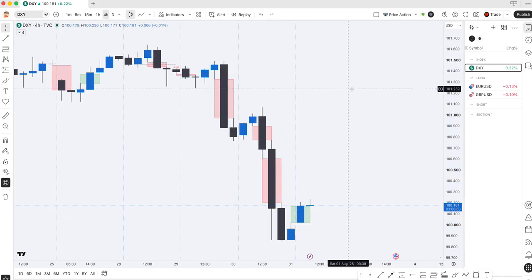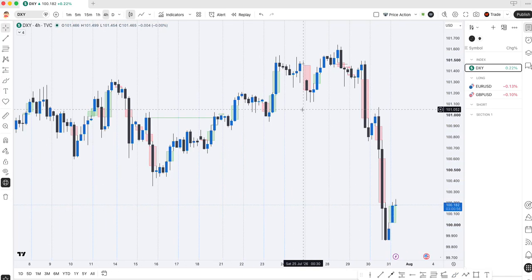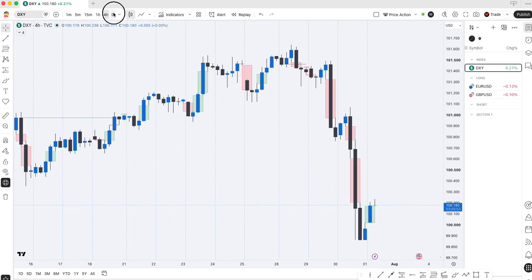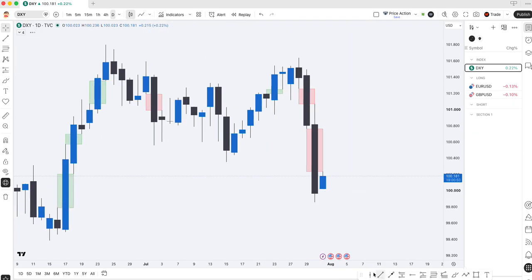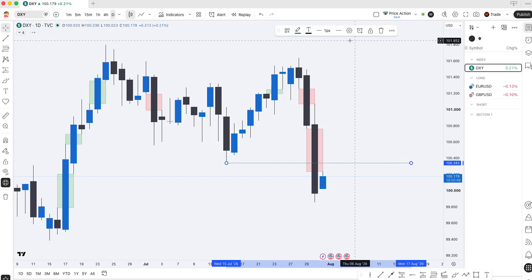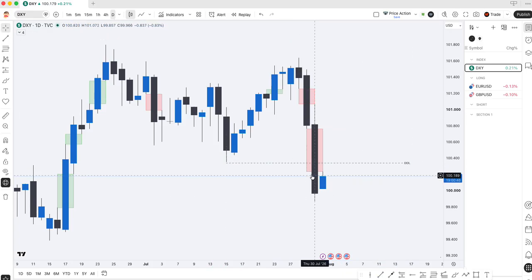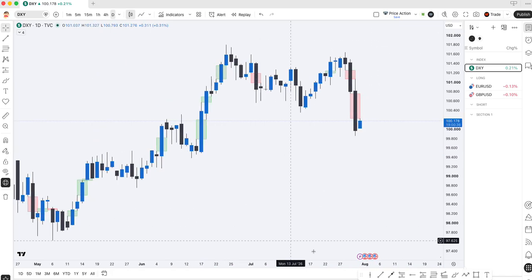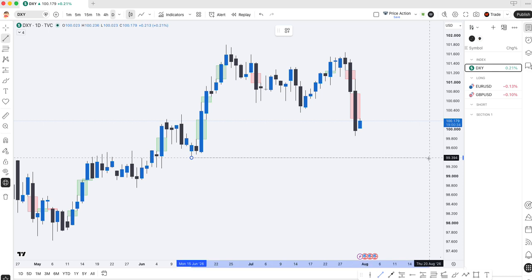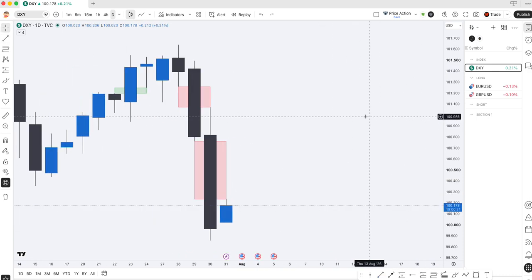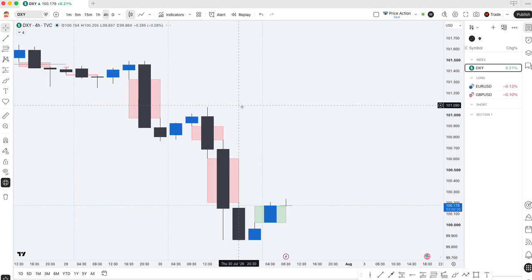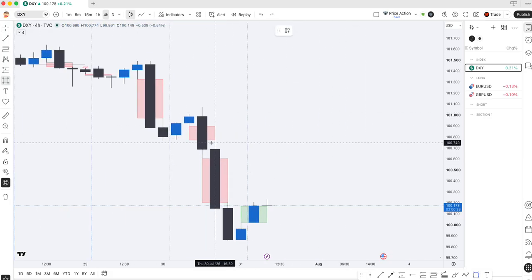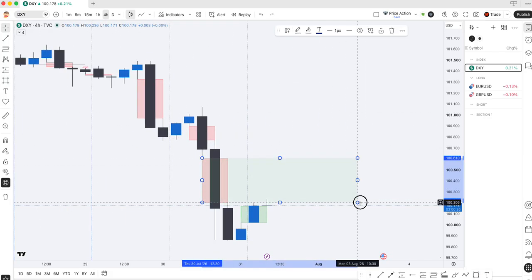So let's start the analysis by looking at drawn liquidity. We had this drawn liquidity earlier on where I was expecting price to reach, and we clearly break through it. And even on the daily time frame, we are in a bearish trend right now. The next drawn liquidity will be this, which is really far and we don't need to look that far. If I look at the 4-hour time frame, we have a bearish fair value gap,